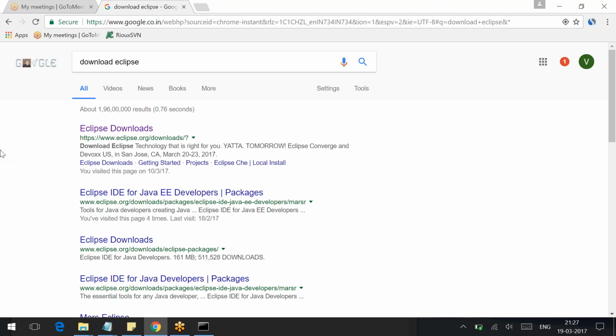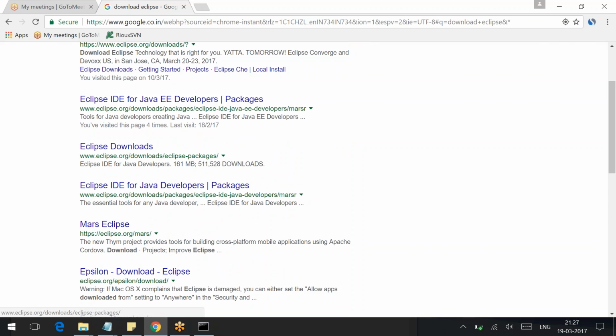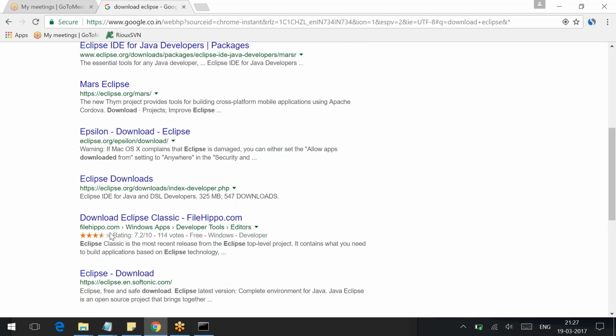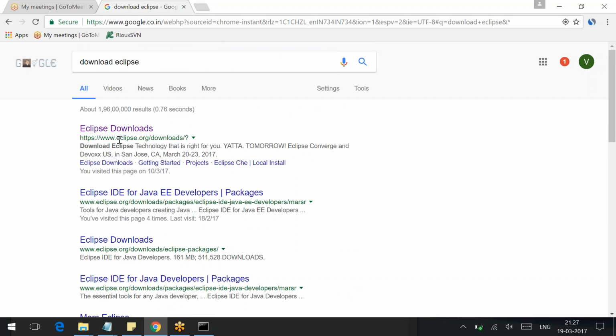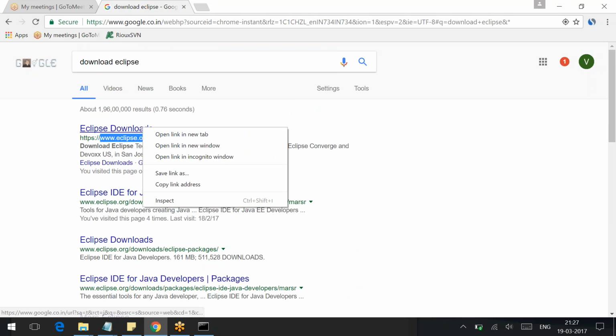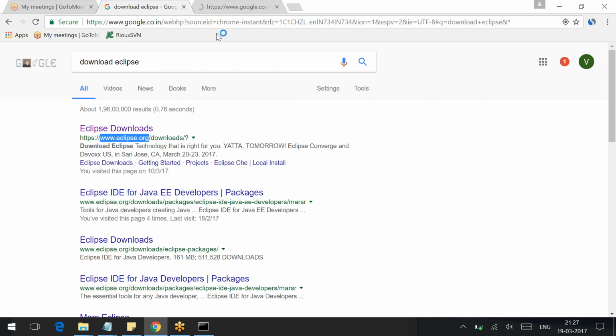Now let me see this. Sometimes you will get results like FileHippo and others. Never ever go to the FileHippo website and the like, guys. That will bring a lot of viruses to your computer. Go to the official website, that is www.eclipse.org. I'm going to go to this particular link, the first link,